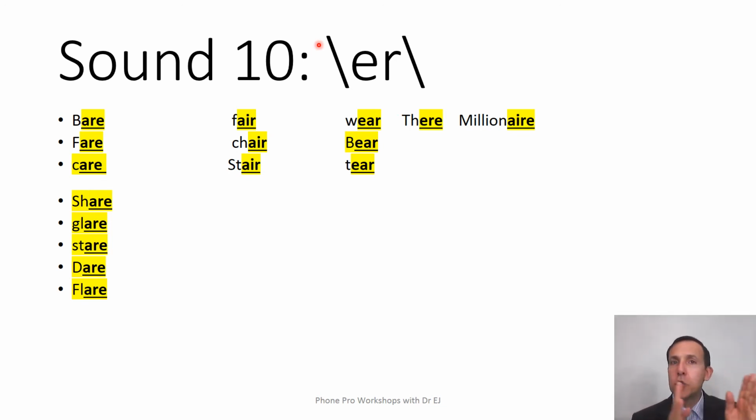Maybe go back to sound number 1, see how I pronounce it, and then come back to number 10. Sound number 1, which is the schwa plus, is pronounced differently. Now, this sound number 10 is pronounced